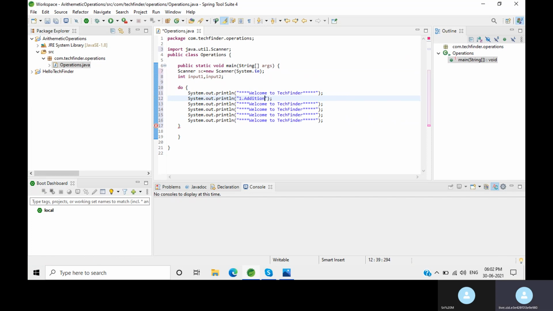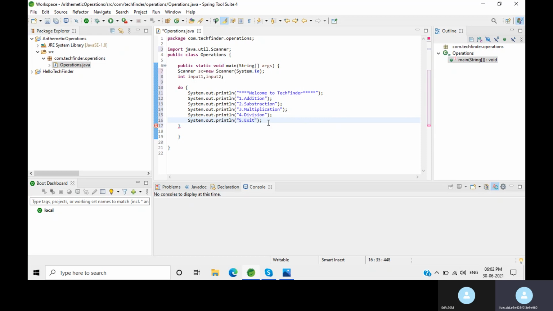One is addition, and option 5 is the exit option.